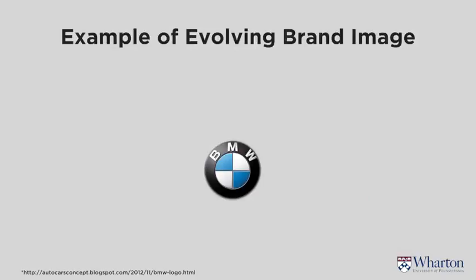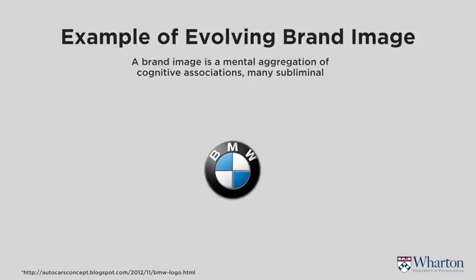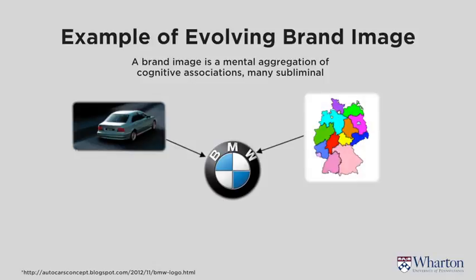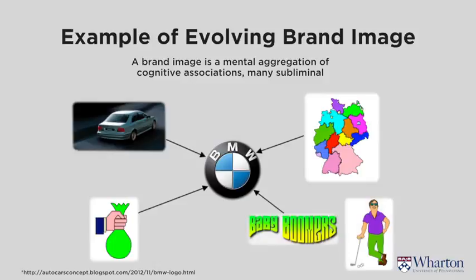A brand that's really done a very good job of keeping themselves modern is BMW. BMW could have been in the same situation as Oldsmobile because it was a product that your father drove. BMW had a lot of associations. It was a certain type of car. It was a German car. It was an expensive car. And it was a car driven by the baby boomers. At one time, all of this was good. In fact, BMWs were called Beamers. You know, they were thought of as driven by the baby boomers.